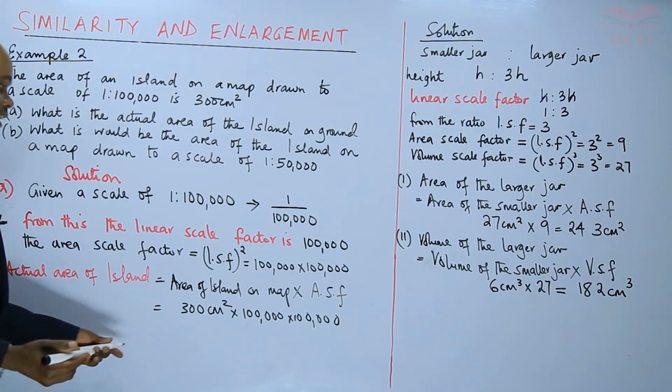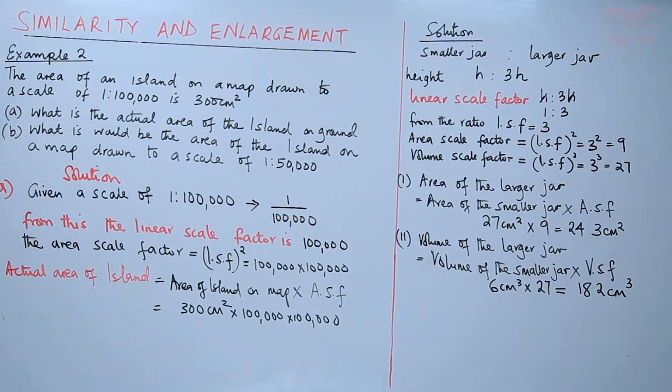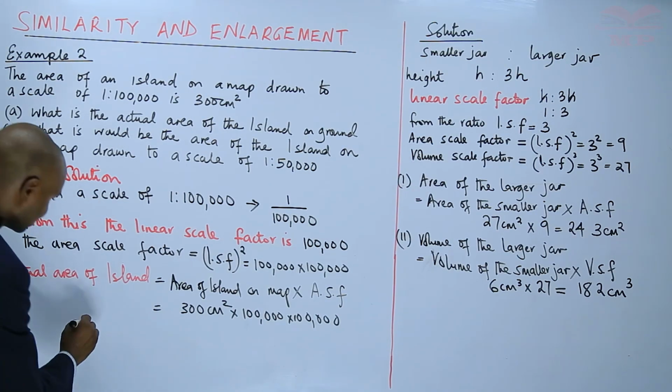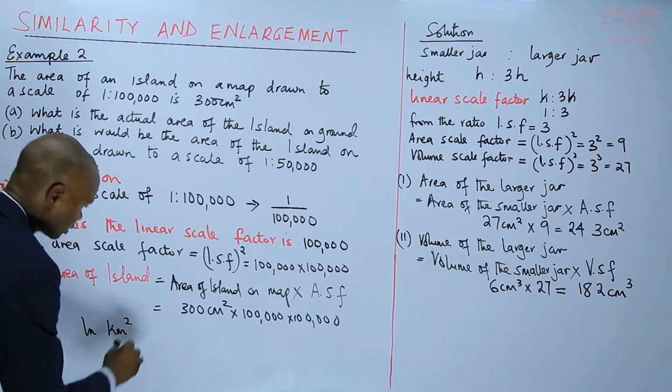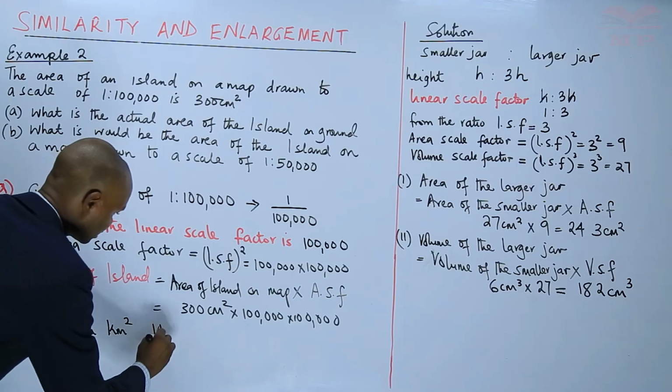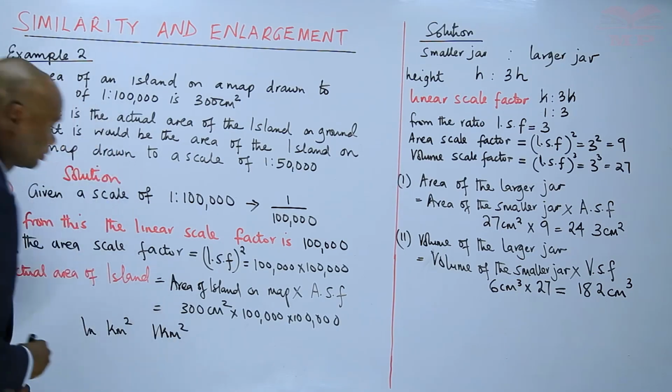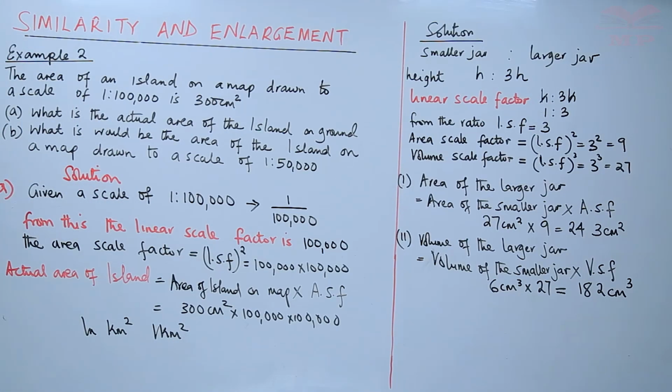You'd want, if they'd asked you to find it in kilometers squared, so you'll have to work out 1 kilometer squared. 1 meter is 100 centimeters. 1 kilometer squared